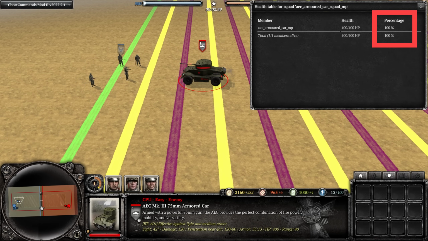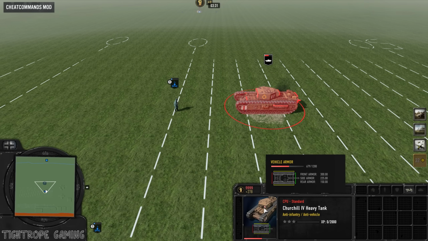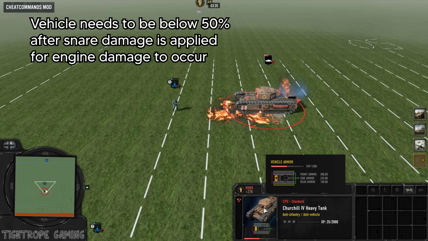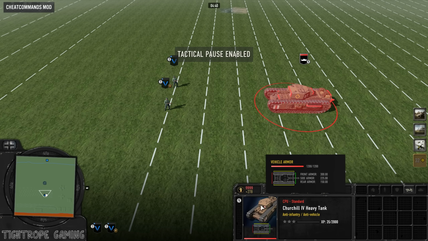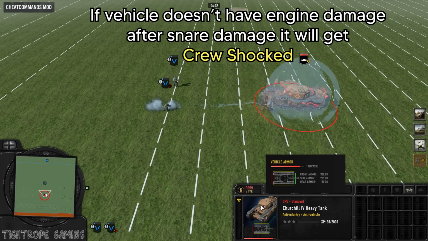The health threshold for engine damage from a snare is 75% in Company of Heroes 2. But in COH3, the vehicle has to be below 50% health. Exactly 50% isn't enough for a crit, as we can see if we use a 120 damage panzerfaust against a 240 health vehicle. However, to compensate for this harder to reach lowered threshold in COH3, if the snare does not